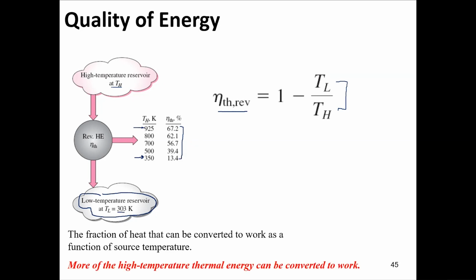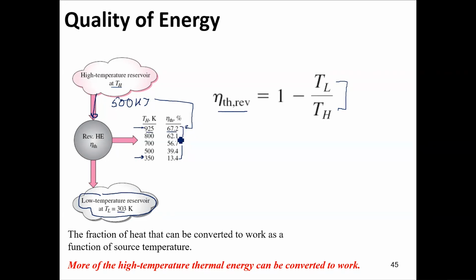This means that more of the high temperature thermal energy can be converted to work. If 500 kilojoules of heat is provided to this reversible heat engine at 925 Kelvin,